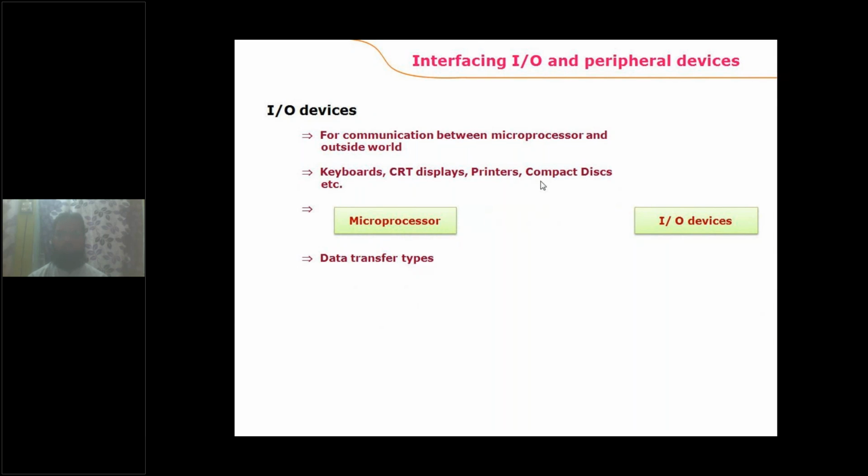The features of the processor are not compatible with the features of input and output devices. In order to equalize the features of the processor with the input and output devices, we need to make use of an interface, and that interface is nothing but a port. It means that the IO devices are connected with the microprocessor not directly but through the ports.